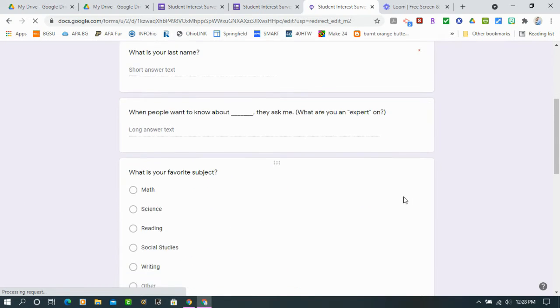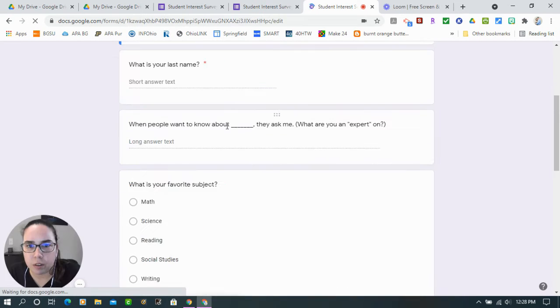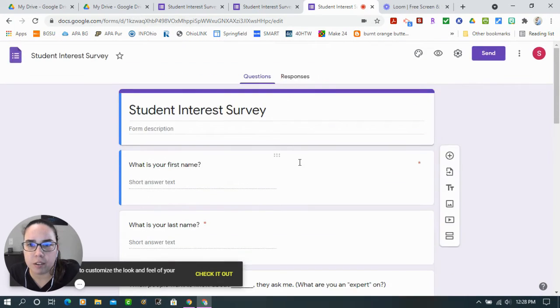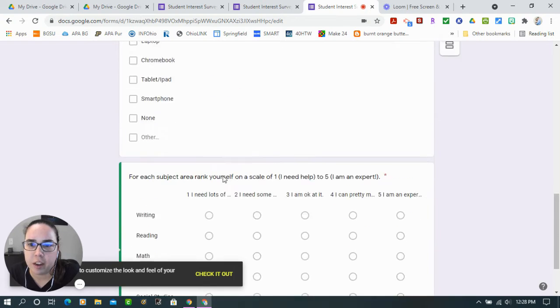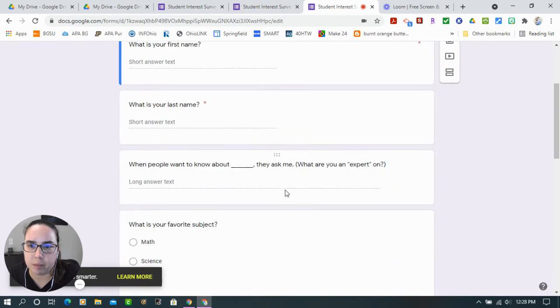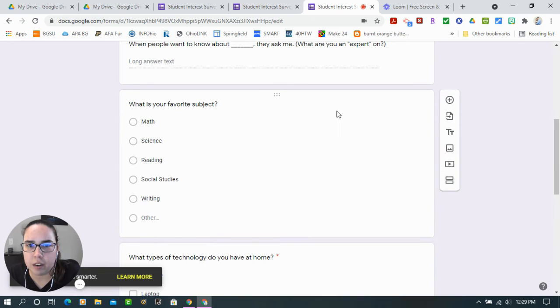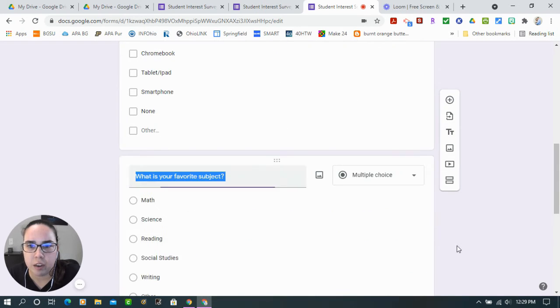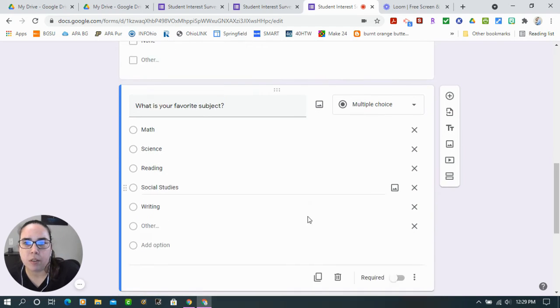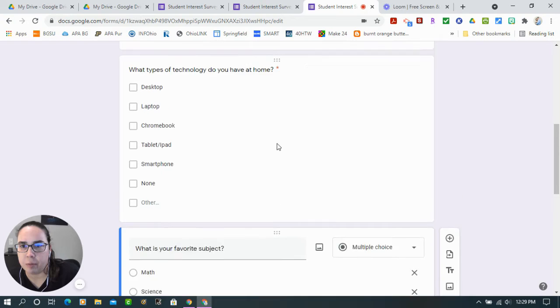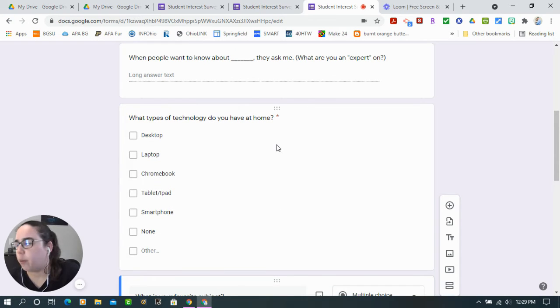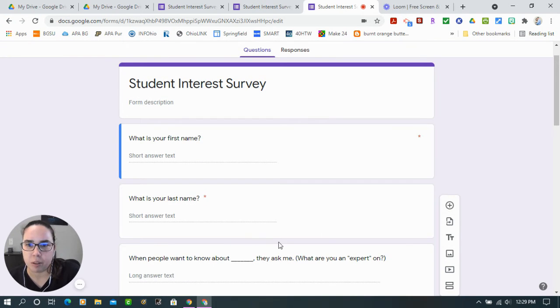And I want to add just a few more things here. So let's say I want to rearrange some things. I see my favorite subject, and then I have how they feel they are at subjects. I want to put those together. So if you hover over the top of each question, it's got these six little dots. If you click and hold, you can drag your question down. So now I can rearrange my questions as needed. Now do keep in mind that you should always start with your name, because while you move it on here, it may not move on your spreadsheet for your data. So always make sure you start with your names. That way you know